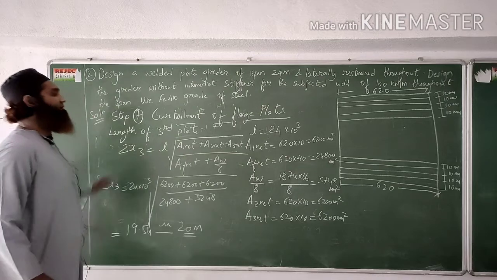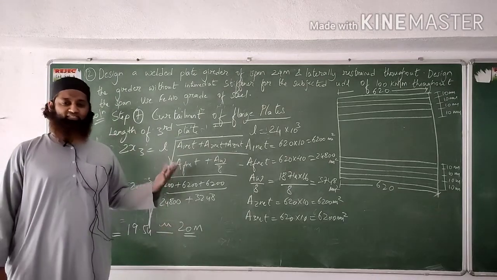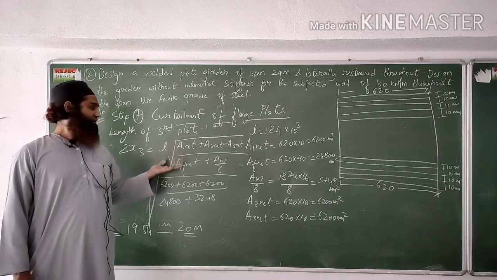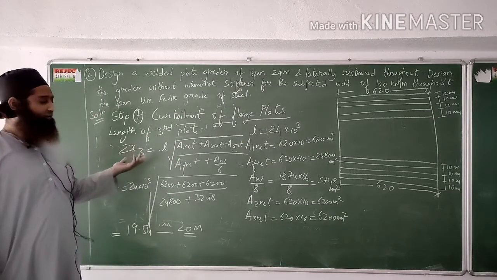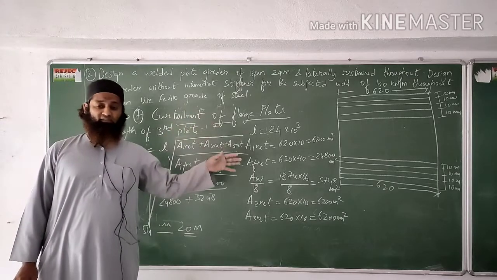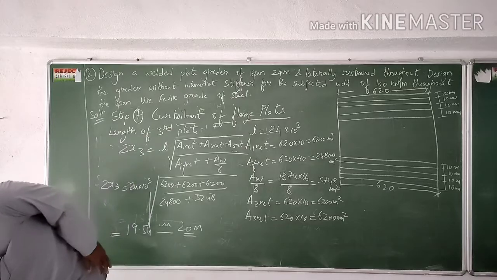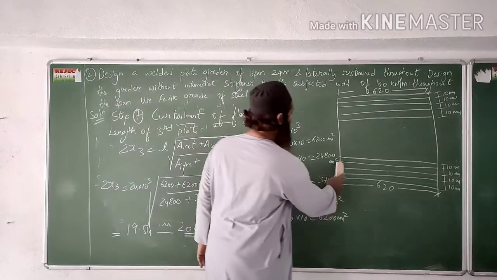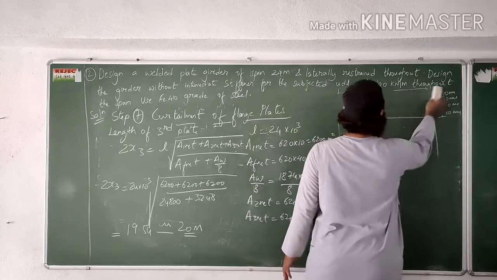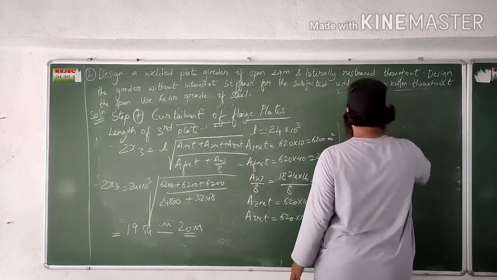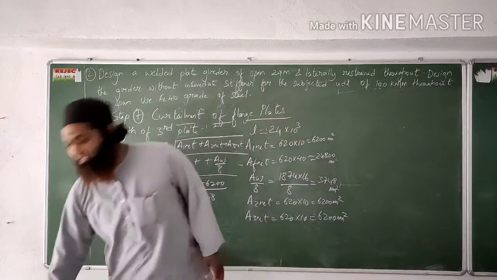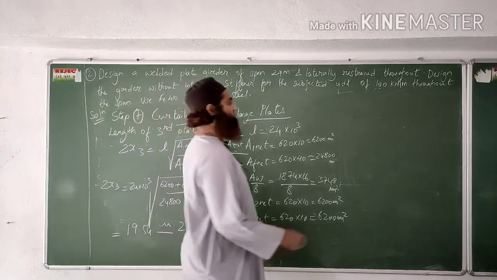So hope the curtailment step is very clear to you all. It is very simple. Just length into A1 net if it is one plate, by AF net plus AW by 8; second plate A2 net will be added, third plate A3 net will be added. So this is how the plate has been curtailed. I'll just put the figure here, then it will be very clear to you all how the plate has been cut here, and how we are making it an economic section. Because this is a steel structure and it can increase the size as well as load also.